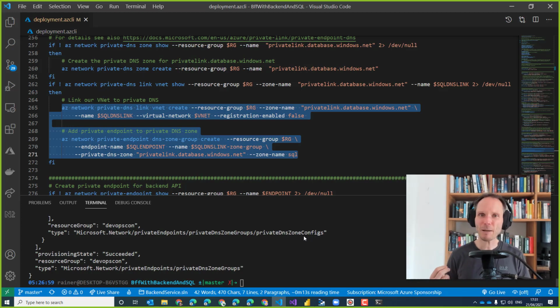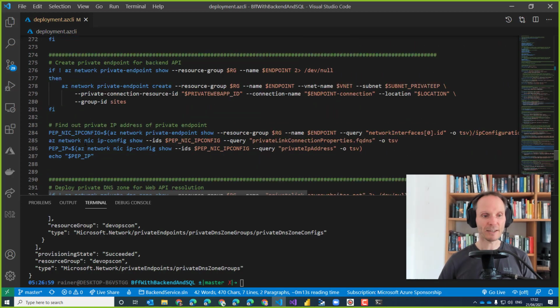But many people misunderstand the concept here, and they think that by creating a private endpoint, we are removing the public endpoint. That's not true. We just add an additional endpoint, and we have to make sure that the firewall is locked down. To be honest, by default, it is locked down completely, but we could punch a hole into this firewall if we need to.